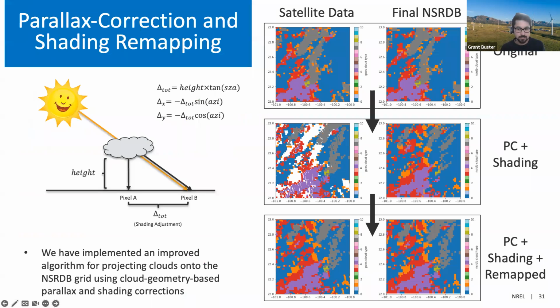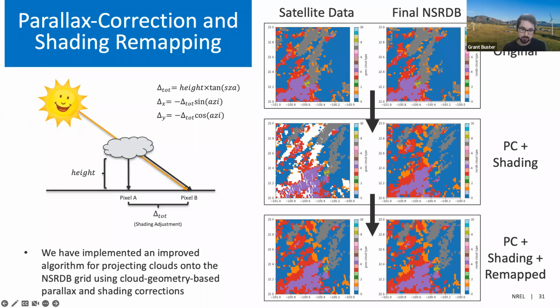I'm going to be talking about some of the work we've been doing on the cloud properties in the NSRDB, and then also some of the data quality and QA stuff. So the NSRDB is a satellite-derived data set. So we use cloud properties to do the radiative transfer. We see these clouds from space, from our satellites, and where we actually see these clouds is highly dependent on the curvature of the Earth, the viewing angle from the satellite, the geometry of the cloud, and then where the cloud is actually casting its shadow and affecting solar radiance is highly dependent on the height of the cloud and the position of the sun.